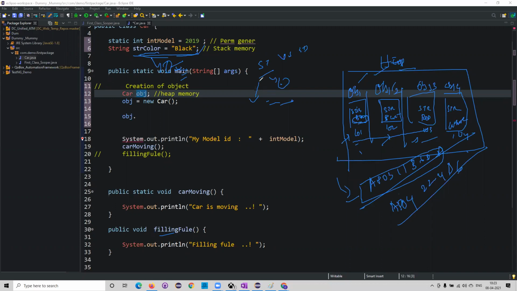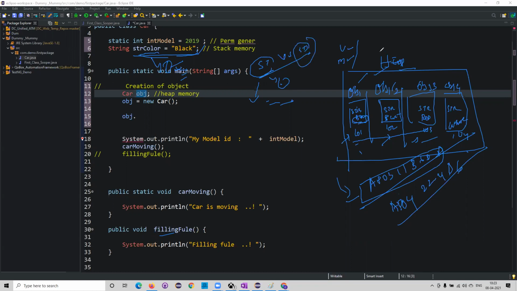So why we should understand this is, when you are defining a variable or a method, you should know whether you need to define it as a static variable or static member, or a non-static variable or non-static member. How you take the decision is: if it needs to be common across everything, then you use static. And if you want dynamic values that need to change, then you go for non-static variables.